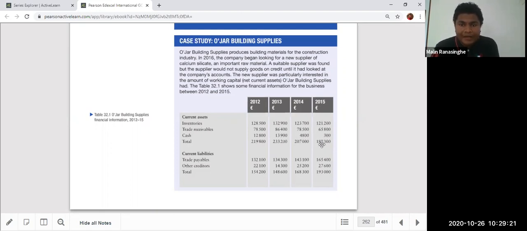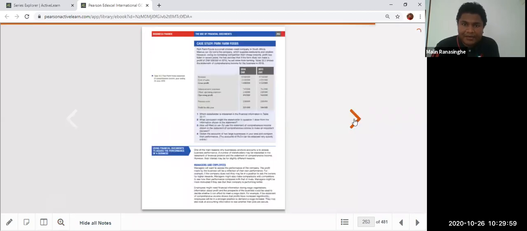2015 was a bad year. Among current liabilities, you can see current trade payables 132, 143, 165. Payables are increasing, other creditors are also increasing, and total liabilities are also increasing. So by looking at this in general, you can see their current liabilities are greater than current assets. Liabilities greater than assets means this company is not financially strong. If I am a supplier, I'm definitely not giving credit, because I feel this company is risky and will not pay me. Right? This is the decision making. We'll see, but we have to make a collaborative decision.